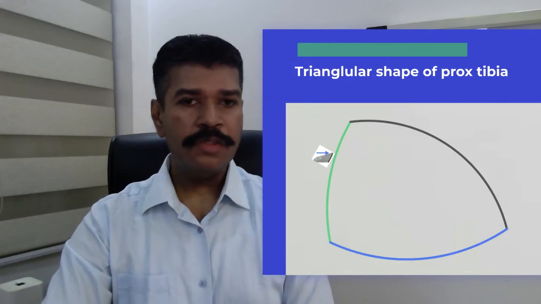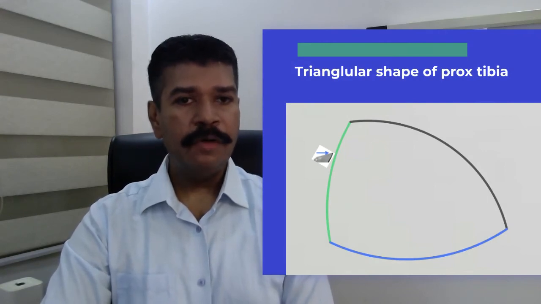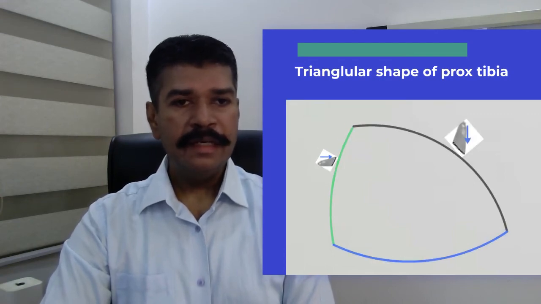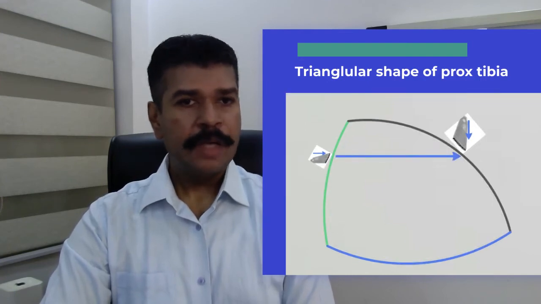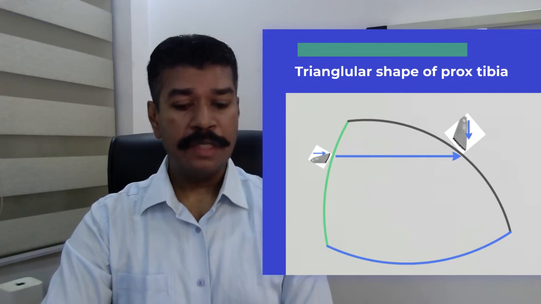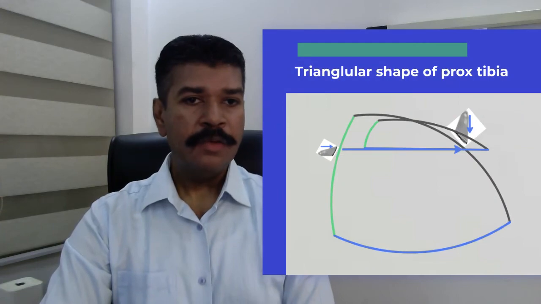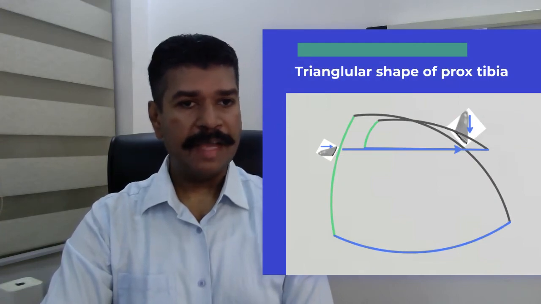The saw is almost horizontal, parallel to the floor, when you want to do an osteotomy of the lateral side, whereas when you want to do an osteotomy of the medial side, it becomes a little more inclined or a little bit more vertical. You would want to have an osteotomy line which is parallel to the posterior tibial cortex, so that when you shift the fragment medially, you don't have any obligate anteriorization or posteriorization of the fragment.